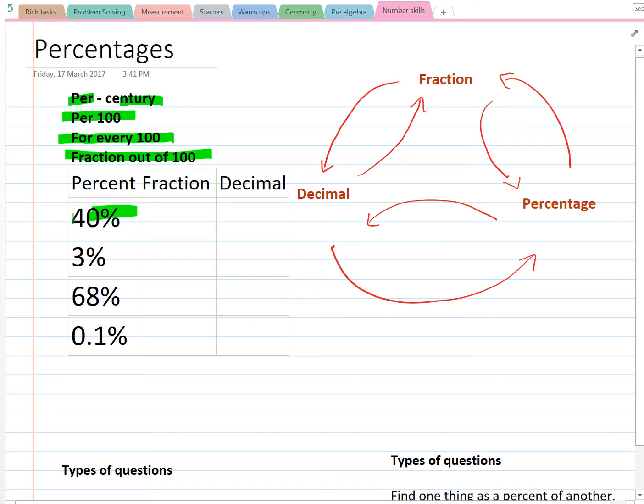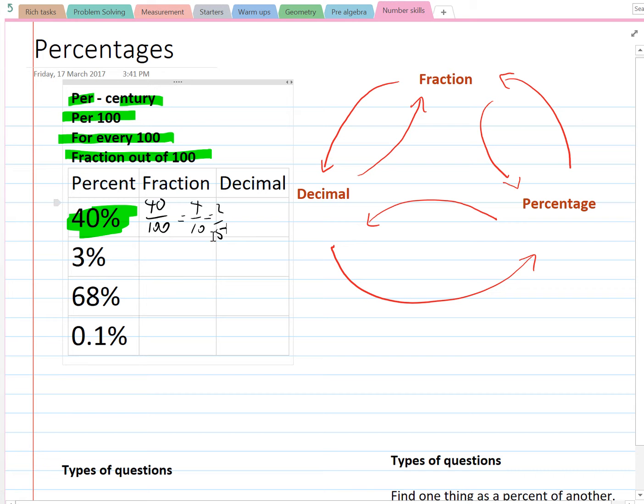So percentage, 40% is basically 40 for every 100, or 40 out of 100. So I can write it as 40 out of 100. And of course I can simplify that down. I could make that 4 out of 10 or 2 out of 5 if I wanted to. As a decimal